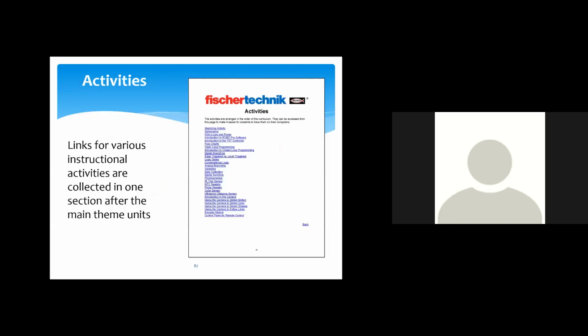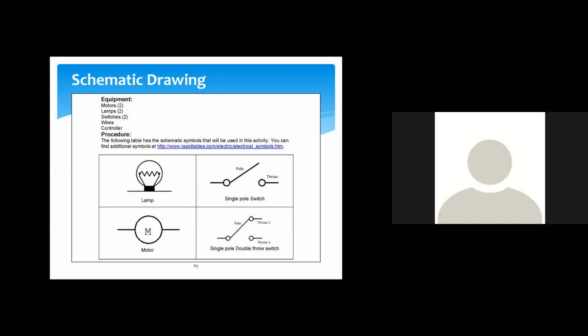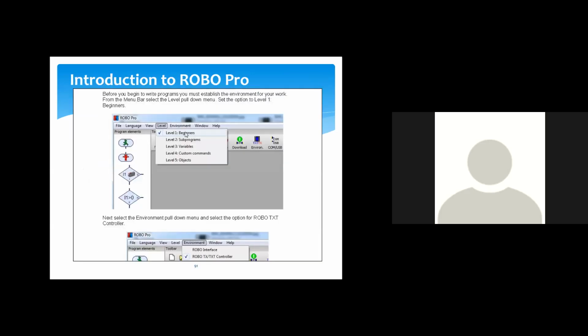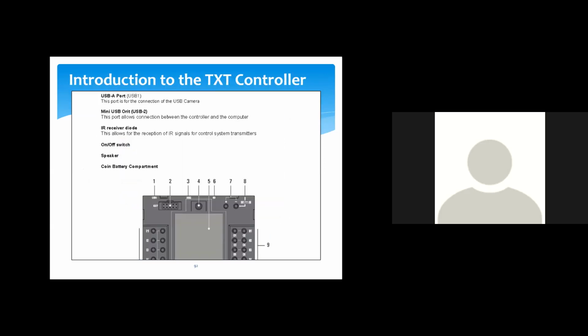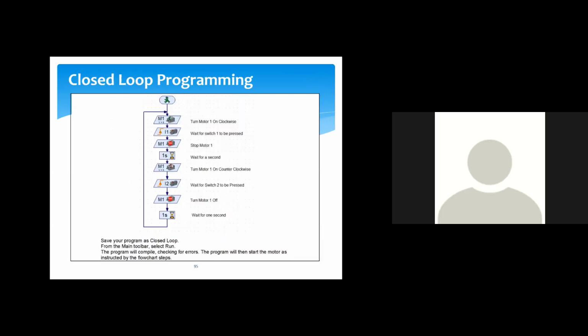Now, as I mentioned before, there are also numerous links throughout the curriculum for more information on specific topics, which are also collected in one section at the end of the robotic competition set curriculum. And this is going to include things such as links to sketching, working with schematic drawings, Ohm's law and power, an introduction to working with the RoboPro programming software, and becoming familiar with the TXT controller, which is used to control these robotic models, working with flowcharts, open loop and closed loop programming,